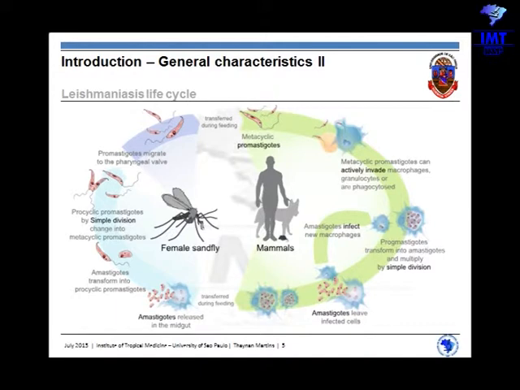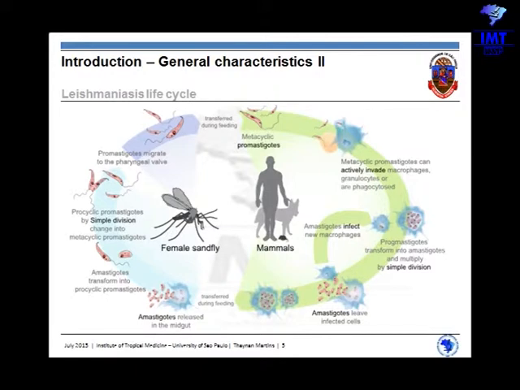The amastigotes rapidly multiply inside the cell, blow up the cell and try to infect other cells, and the tissues around the infection start to die. The cycle continues with another sandfly biting this infected mammal, getting the parasite,